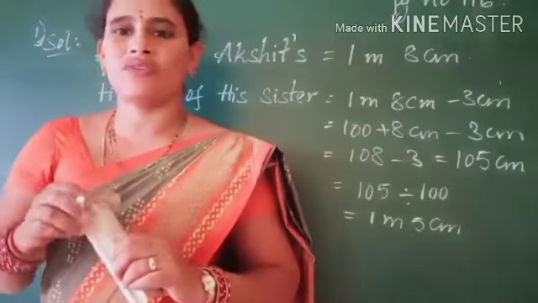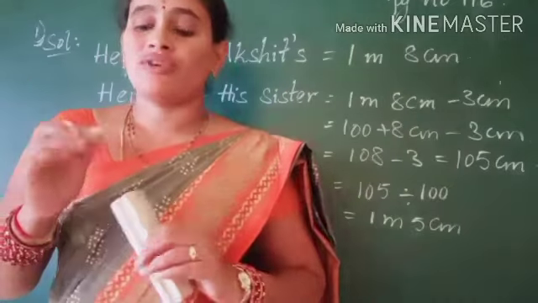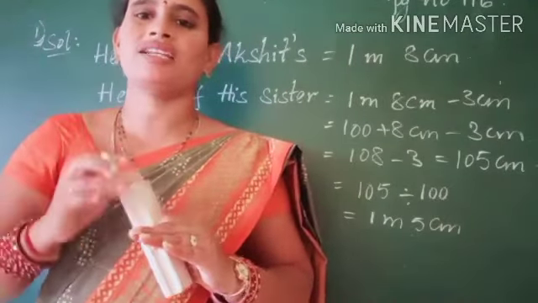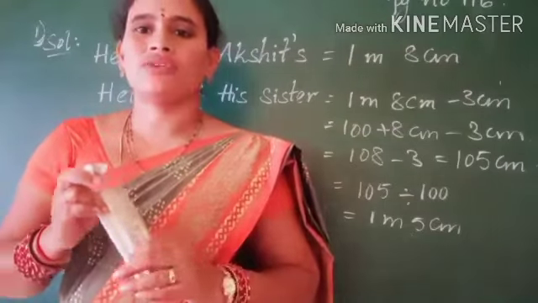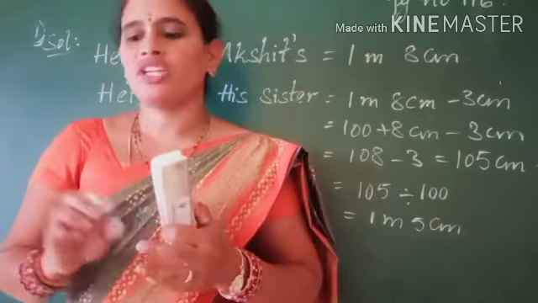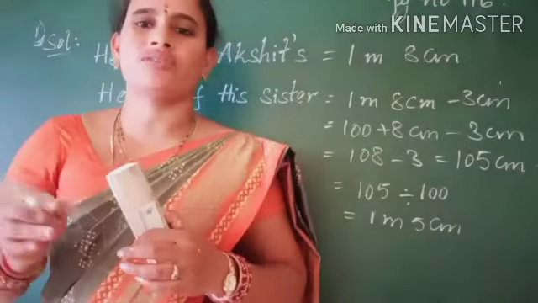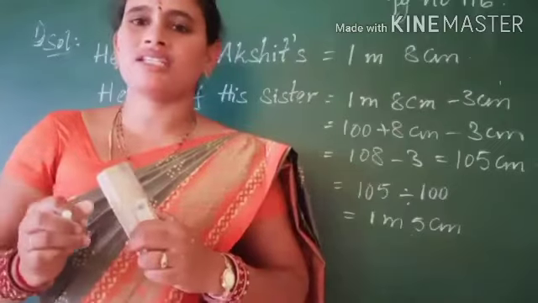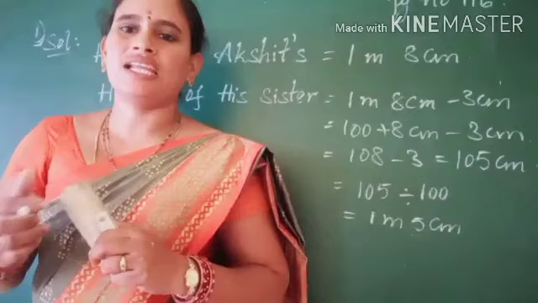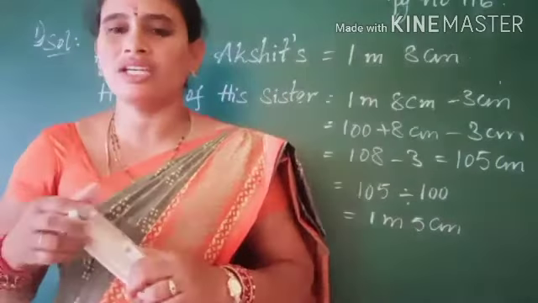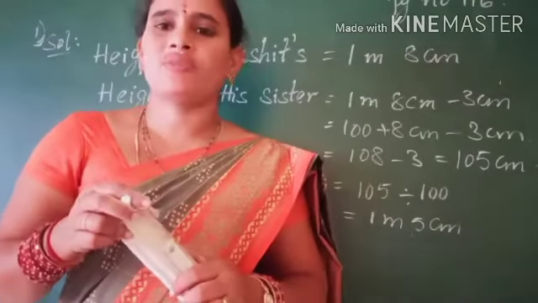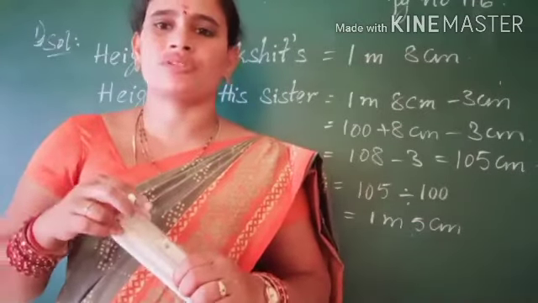Each glass capacity is 150 milliliters. But what is the capacity of juice there? 70 liters. Here milliliters and liters are there. Wherever we do multiplication or division, we have to convert to equal units. Here liters and milliliters are there, so we have to convert liters into milliliters. Then you have to do division. Okay, then we can know how many glasses are filled with that juice.